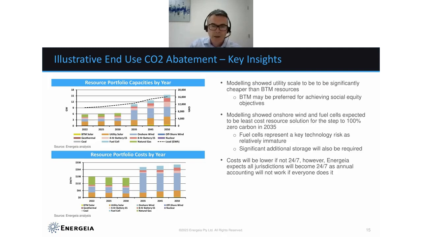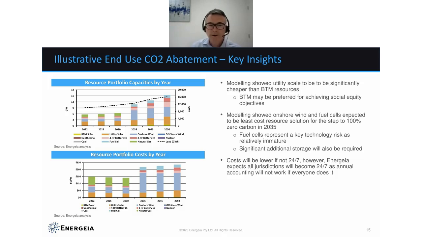Now, in this particular model, we have production cost models. We've got capacity expansion models. This was actually done with a linear solver, which basically every year just picked out what are the least cost additional resources that are going to help us meet this particular market. This market isn't as complex as the NEM. It was a single market, didn't have regional interconnections. So it's a relatively simple model, but still very powerful when you're looking at, should we invest in more offshore wind or onshore wind, and the associated impacts on storage and the duration of storage.